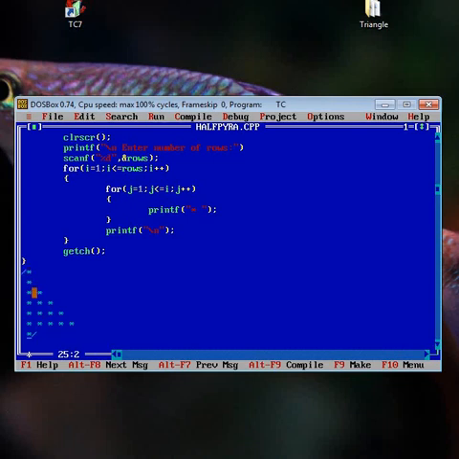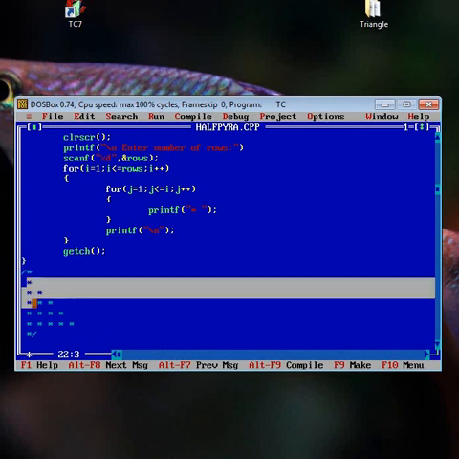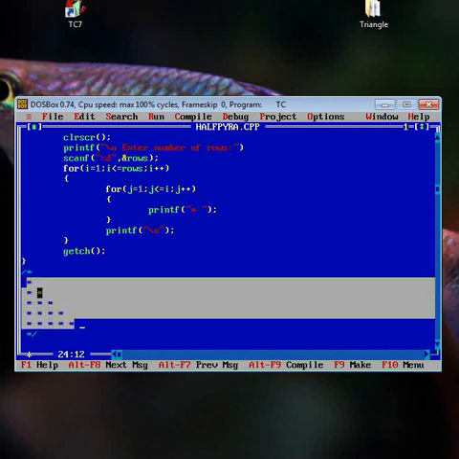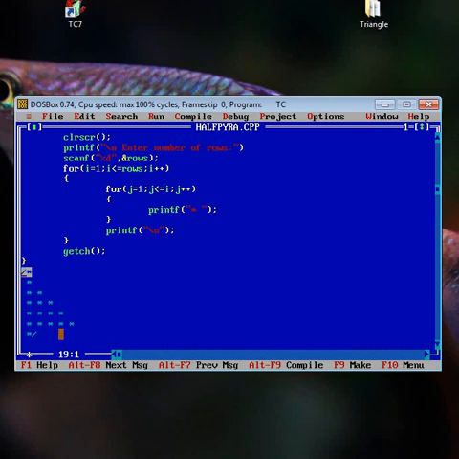One, two, three, four, five. So this is the output of the program, and the above and below symbols are used to comment the in-between lines.